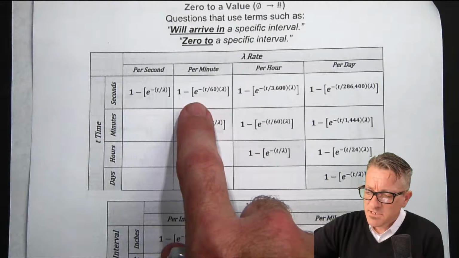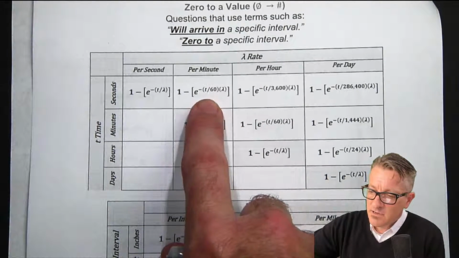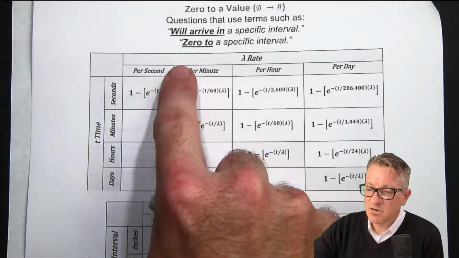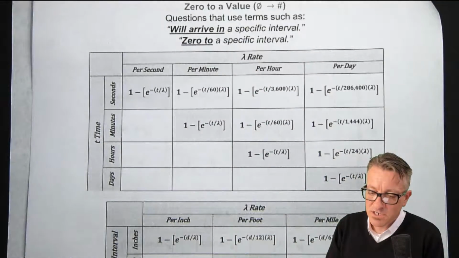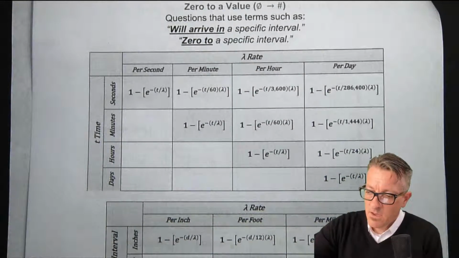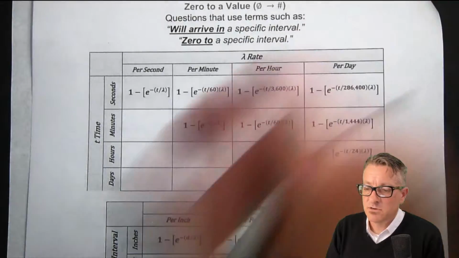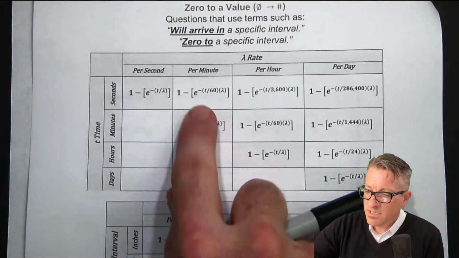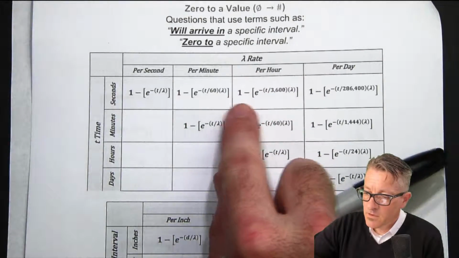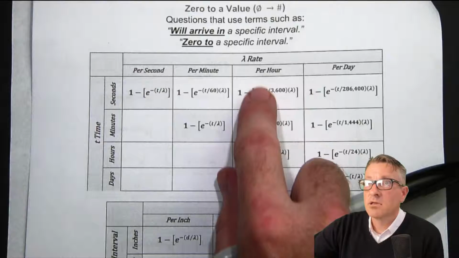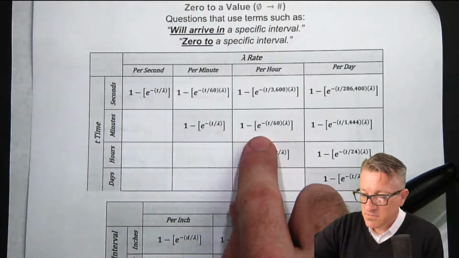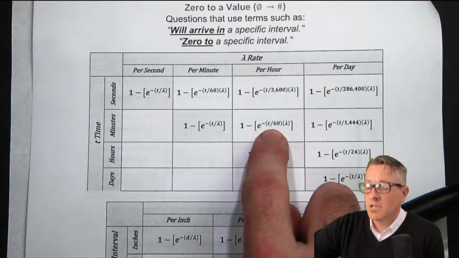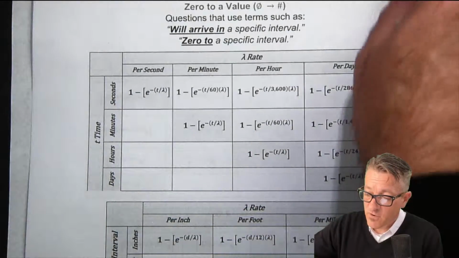And so this is the conversion. It says up top, will arrive in 0 to a certain interval, and then it says in our question, I think it's in a certain amount of time, in 3 minutes, meaning 0 to 3 minutes. So for ours, the rate was in hours, and the t was in minutes. So this is the equation that I wrote out. And that's essentially what we solved for.